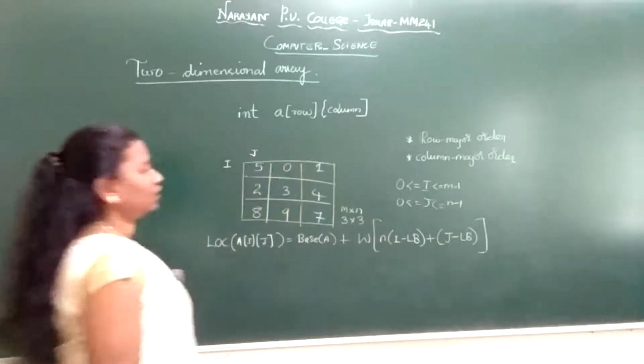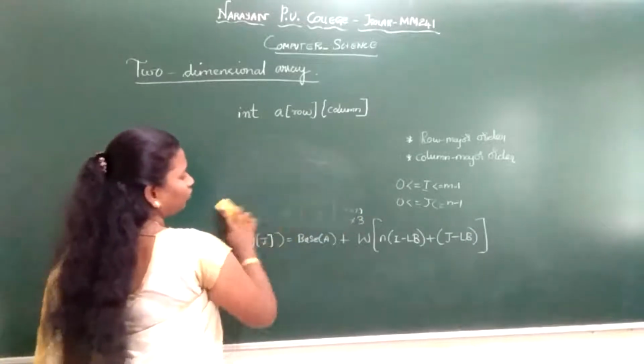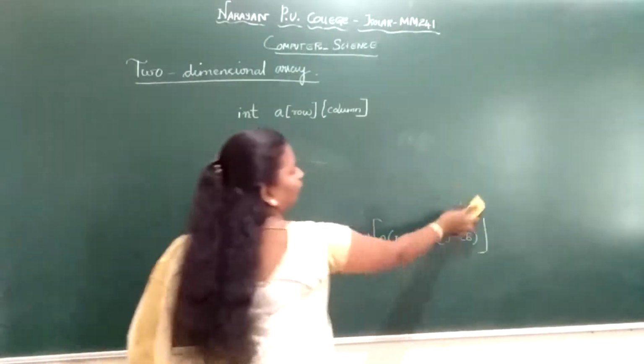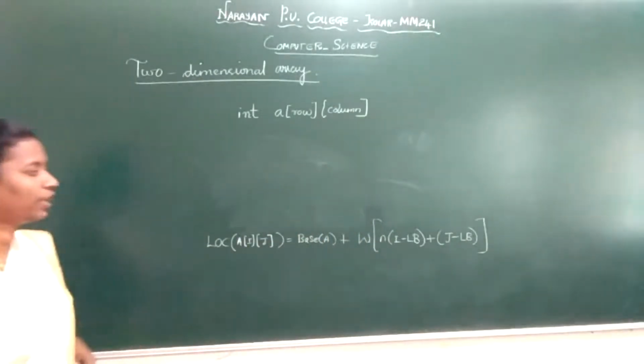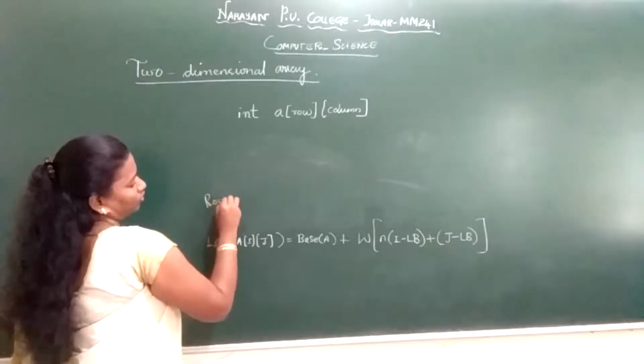Now we'll see the row major. What is the formula? They'll ask you about the formula, like in the regular class I discussed. They'll give you a problem, and they may ask you to find the row major for that. Now this is the formula to calculate the row major.